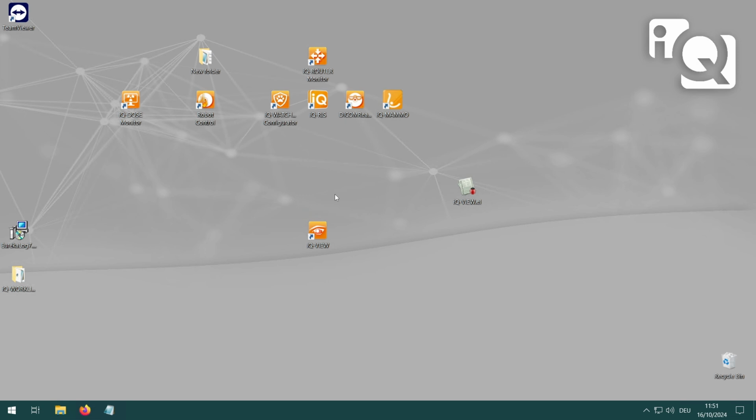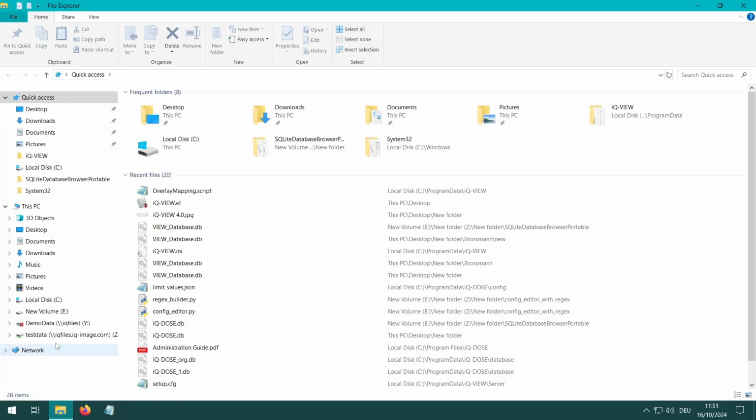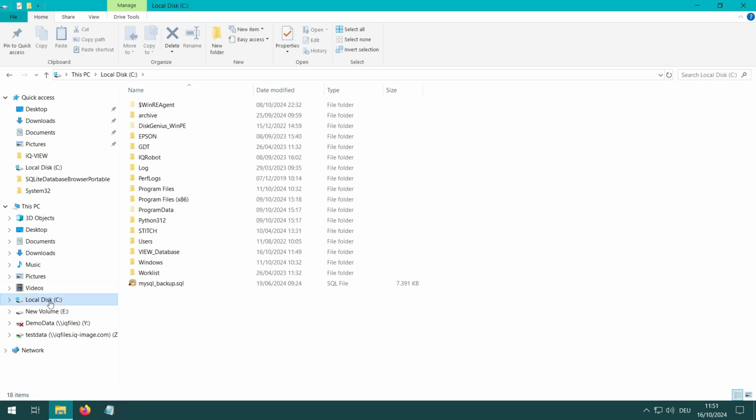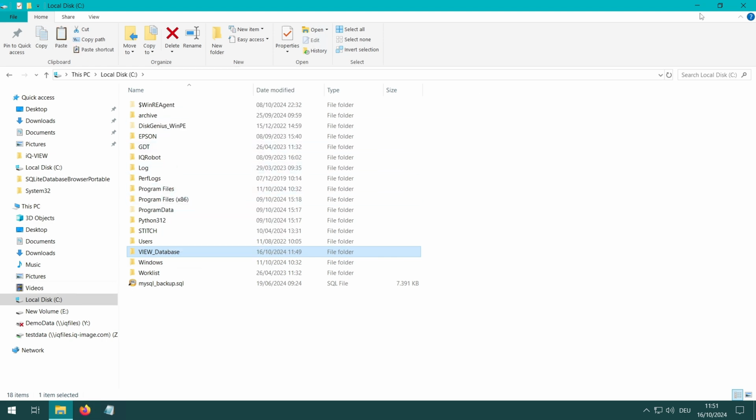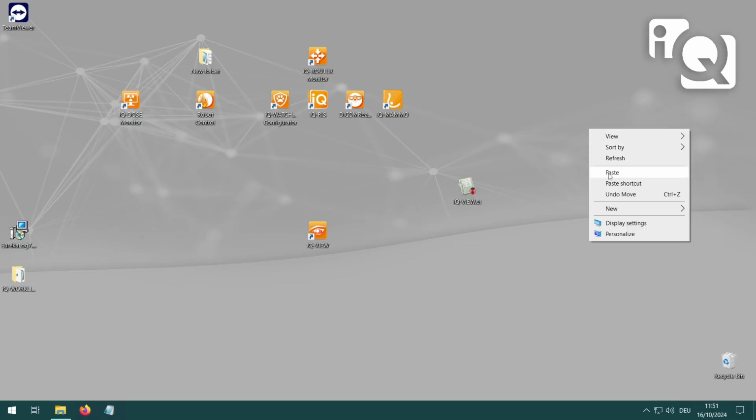First, open your File Explorer and navigate to the drive where the database is currently stored. By default, this is located on the C drive. There, you will find a folder named View Database. This folder contains your database. To create a backup, right-click on the folder, select Copy, and paste it, for example, to your desktop as a